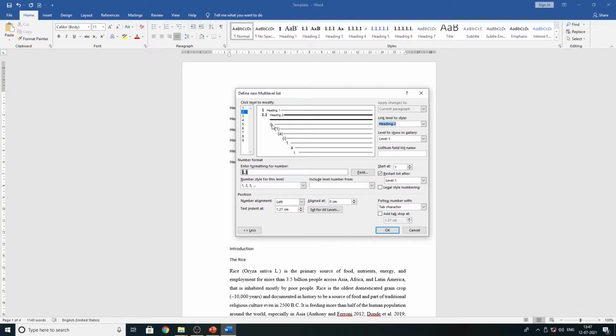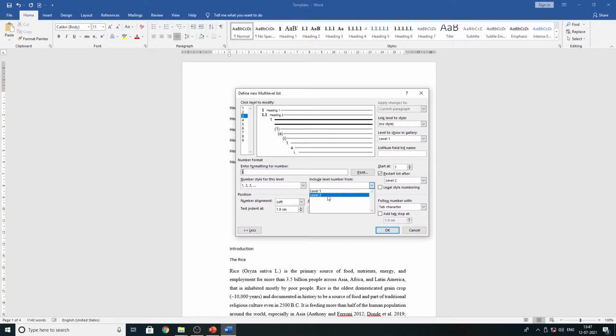Okay, then I'm going to create Heading number 3. Click on 3. So I is highlighted. We don't want that one. I'm going to change this to numeric. Select numeric 1. Numeric converted. I'm going to delete that bracket, and then I'm moving to the left side. After moving to the left side, I'm going to include level number from.